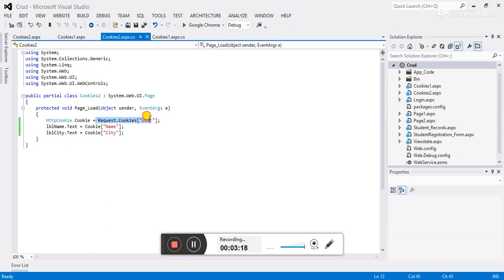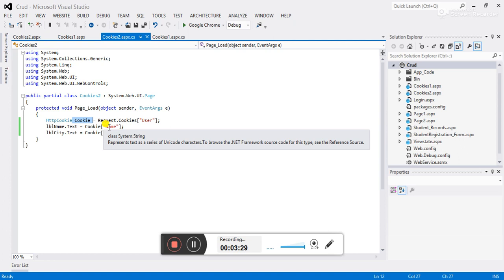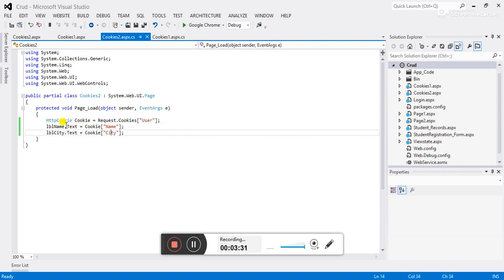I want to assign this to some variable, so I have used a cookie variable here, and I have to pass the name and city. So this is how we can read the value and assign it from the cookie here.